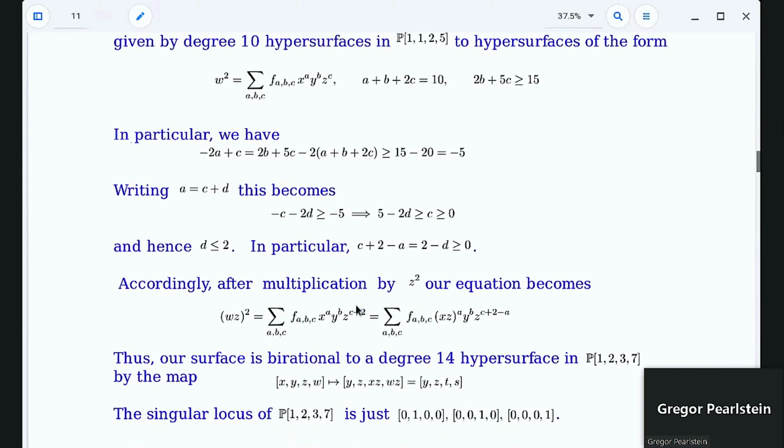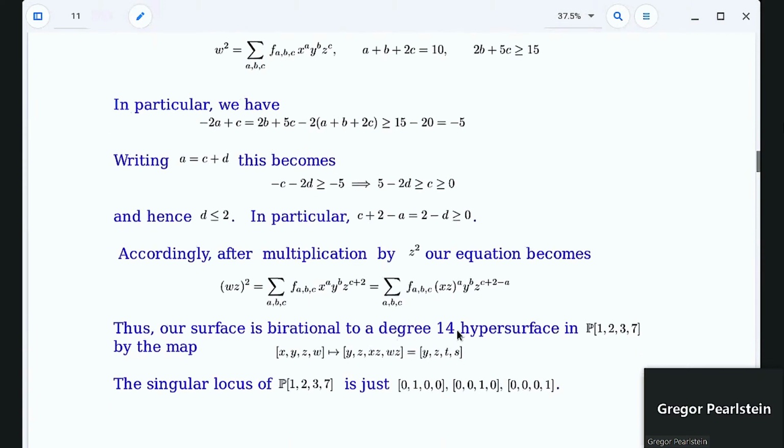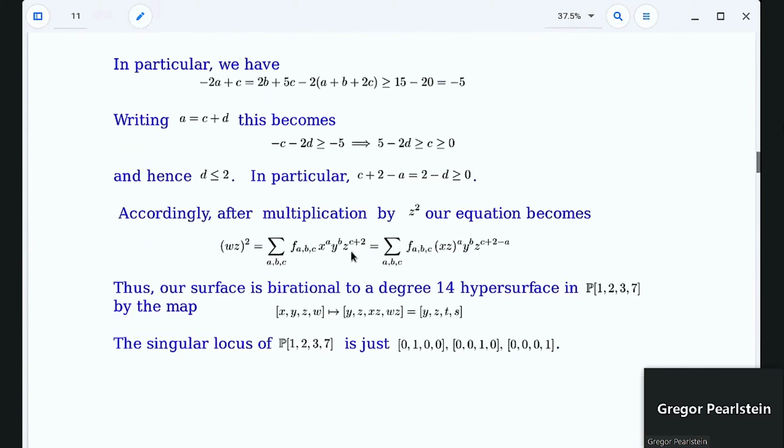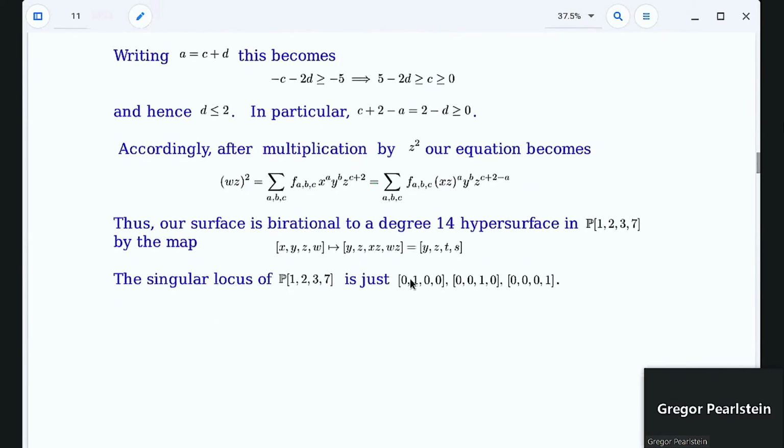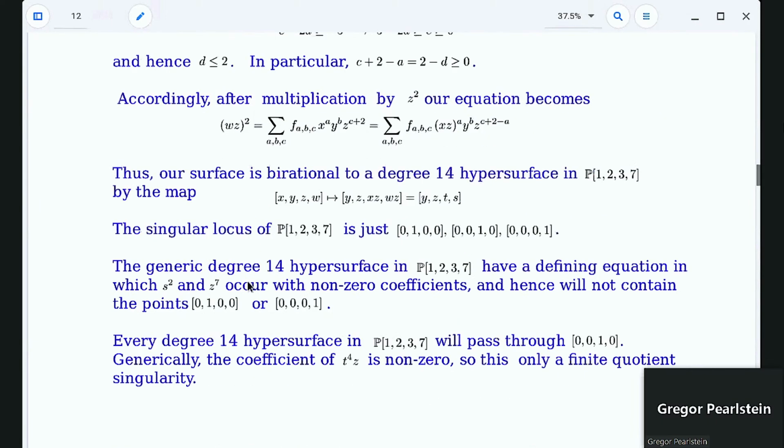So that means our surface is now birational to a degree 14 hypersurface in P(1,1,3,7). Originally W had degree 5, so multiplying it by Z makes it a variable of degree 7. X had degree 1, Z had degree 2, multiply them together, that's a variable of degree 3. Y just stays degree 1, and Z just stays degree 2. In this weighted projective space, the singular locus is just the points (0,1,0,0), (0,0,1,0), (0,0,0,1). Now a generic degree 14 hypersurface in P(1,1,2,3,7)